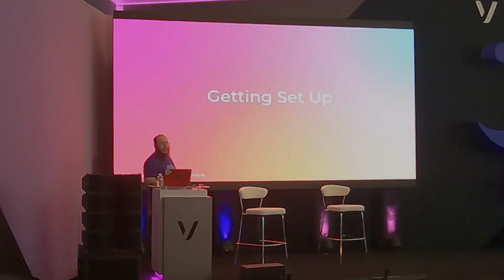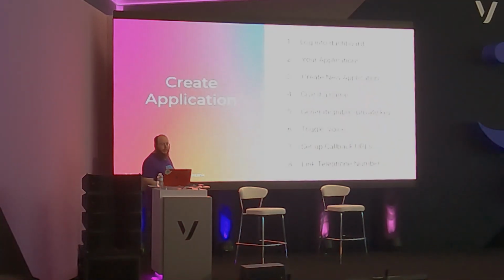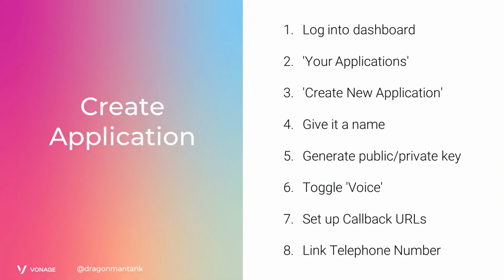So getting set up is fairly easy. If you were here for our video API yesterday, it's many of the same things. So hopefully today I can actually show this interactively. If you want to go through, you can do this completely through our dashboard. So you would log in, you would go under your applications. A Vonage application is basically a feature-rich set of settings for various things like our voice, our messages API, and eventually video will be there later this year.